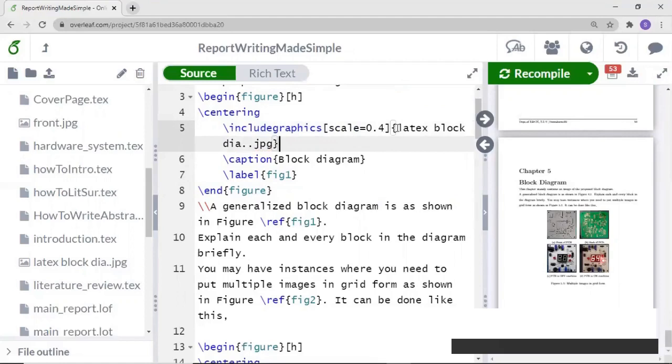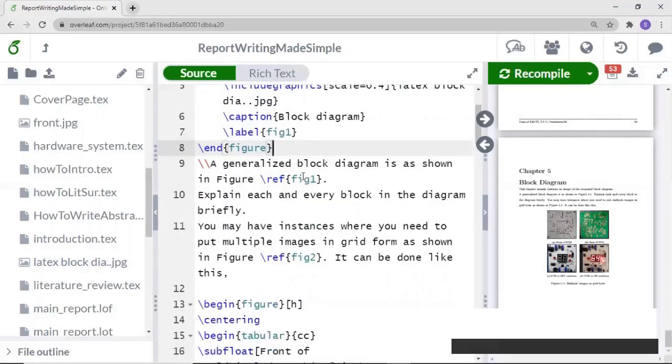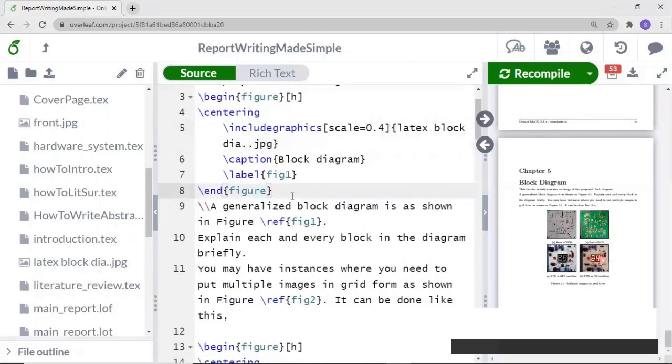Next, you have to write the name of the image that you are including. Here, the name is latex block diagram.jpg. The same name you will be using, otherwise it will be an error. Then you need to give a caption for that image. For that, you will be using a command called caption and write the caption in the curly braces. Then label the diagram. This will be used to refer to an image further in the text.